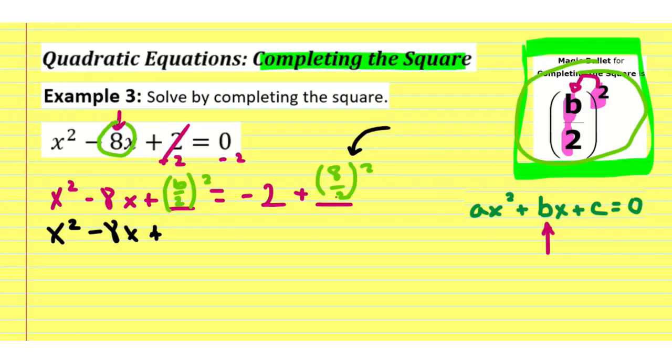Well, what is this equal to? 8 divided by 2 is 4, and then 4 squared is 16. Okay, so it means I'm going to have x squared minus 8x plus 16. And then that is going to be equal to negative 2 plus 16, which is 16 minus 2, which means it is 14. Okay, so we call this the completing the square method because I have now just completed the